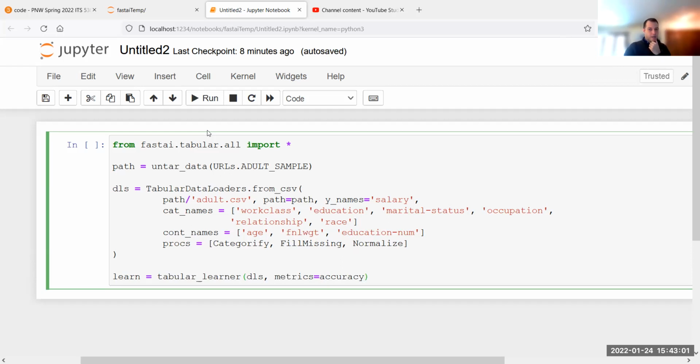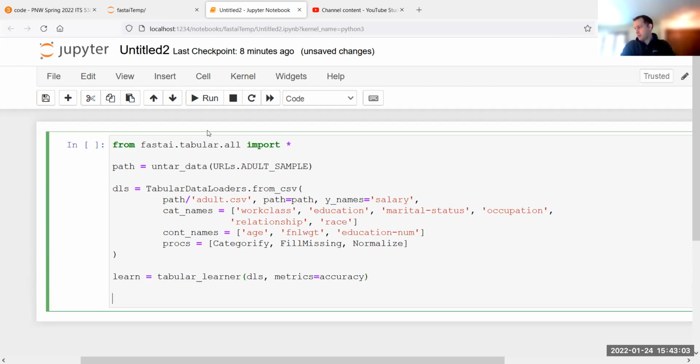Now notice here, I'm going to do learn. Now we usually do learn fine tune. Here I'm going to do learn fit one cycle. And then you can actually specify how many cycles by putting in a value. So for instance, 3.